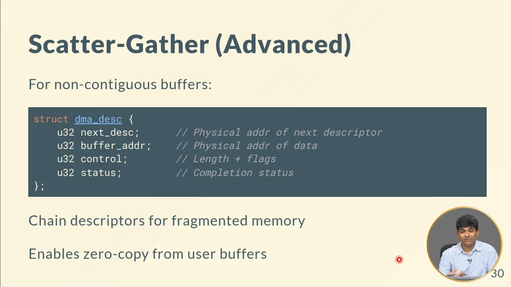Now there is an advanced form of DMA called scatter gather, where you could have a scenario in which the size of the buffers you need is so huge, several megabytes perhaps, that it's not really feasible to allocate contiguous buffers. Remember what I said about contiguous buffers? It's one continuous set of memory addresses in the memory. The way the OS kernel handles memory is that, if necessary, it allows it to fragment. It finds wherever there are chunks of free space and makes sure that they all get clubbed properly